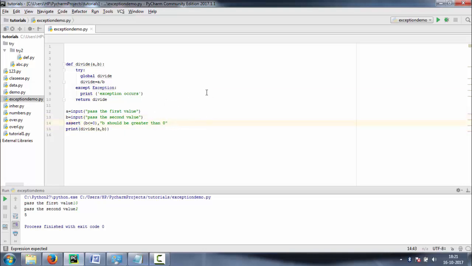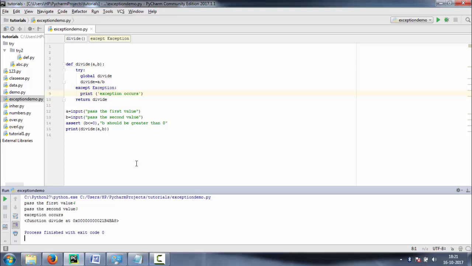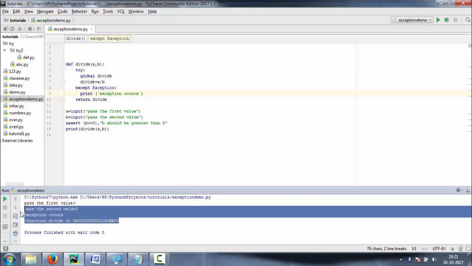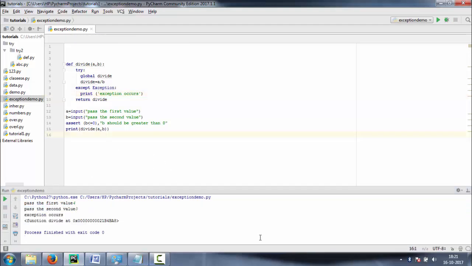Let's see what happens. I pass the first value 4 and the second value 0. It will not execute. Let's see what happens. Wait.